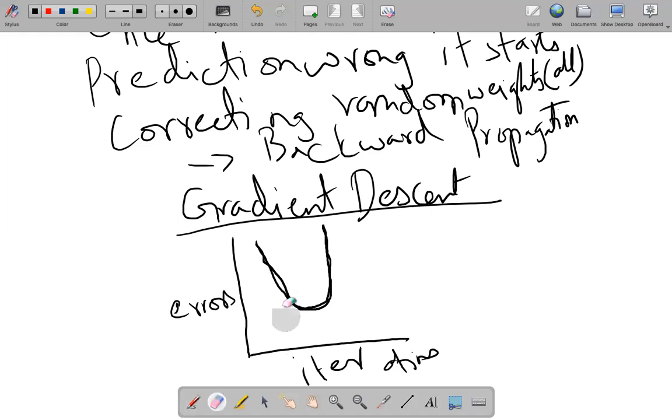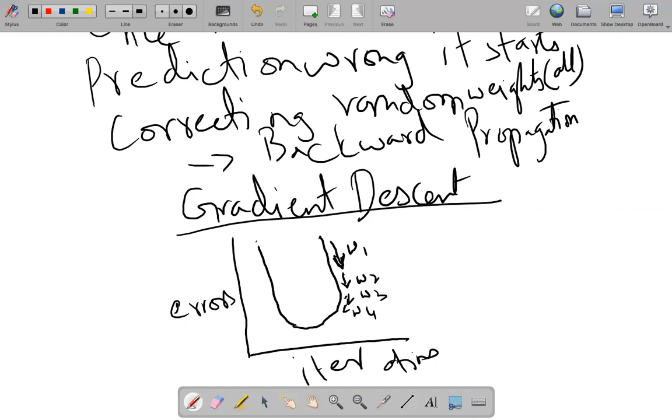Let us say this is weight 1. Reduce it in smaller quantities, and as you go on, reduce it in even smaller quantities. By reducing the weights in smaller proportions, you can reach your global minimum.